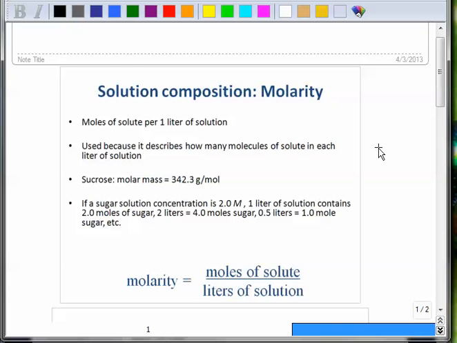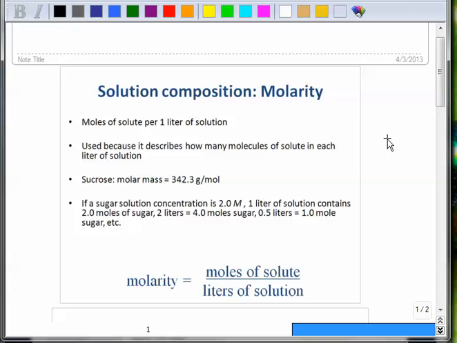This is the most useful solution composition unit because it gives us a direct relationship to how many molecules or ions of our solute are present in a given volume of solution, and it allows us to very easily determine the number of moles so that we can, for example, measure out the appropriate mole-to-mole ratios for different